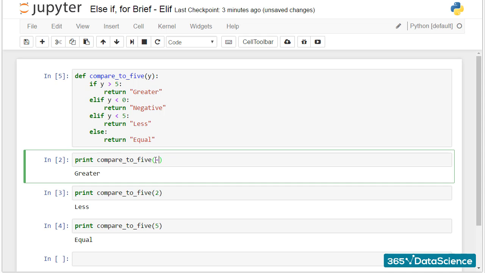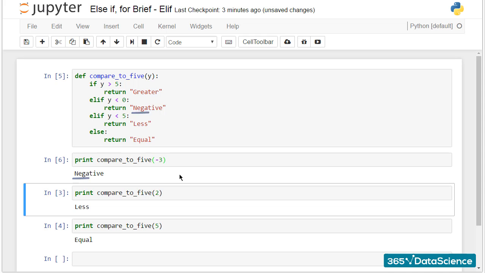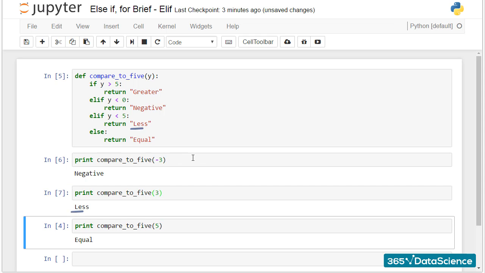The function with an argument of -3 shows negative, just as it should. Let me just control whether our little program will run properly if I asked it to compare to 5 a value that lies in the range between 0 and 5, say 3. Yes, we see less, so everything is okay.